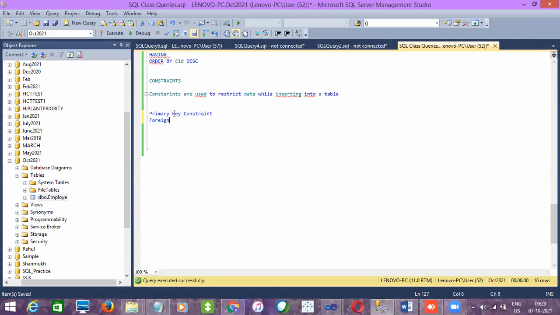And then foreign key, unique, not null, check, and then default, right? So these are the constraints we have in SQL Server, which are primary key, foreign key, unique, not null, check, and then default constraint, right?